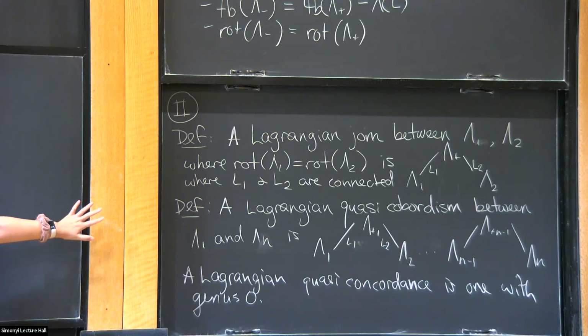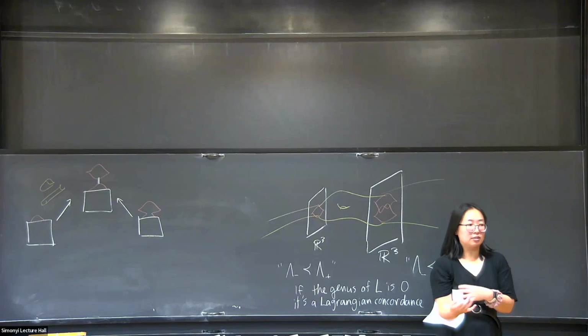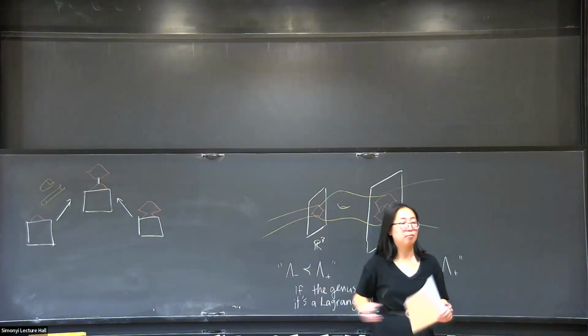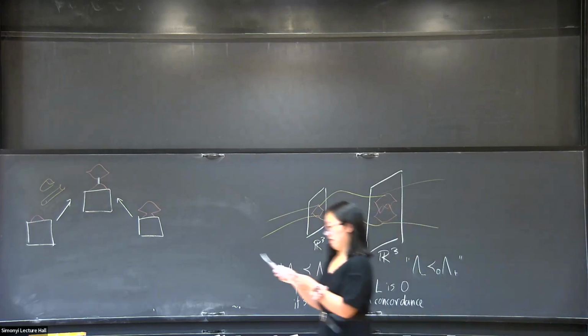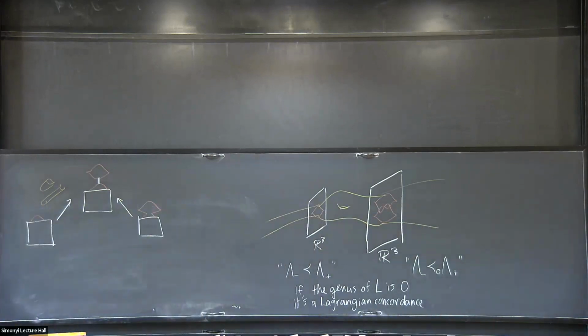So if I want this to be distinct from smooth cobordism, somewhere between Lagrangian cobordism and smooth cobordism, I'm going to require that my individual components of cobordism be connected. And that gets rid of that problem. And so